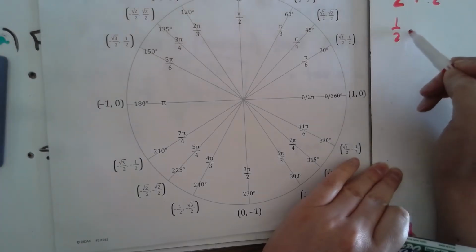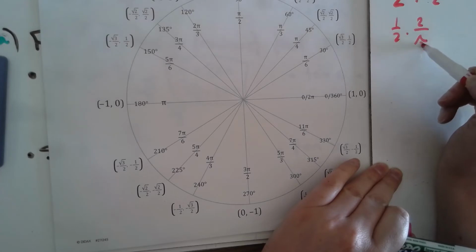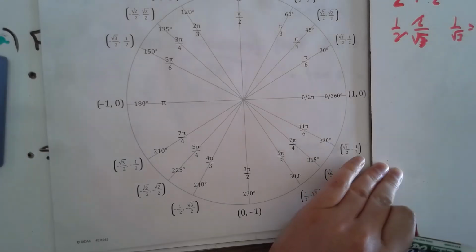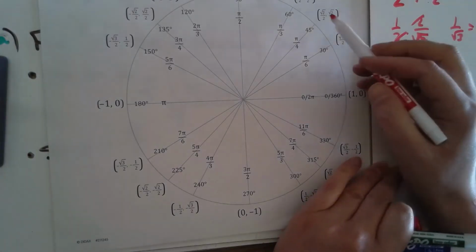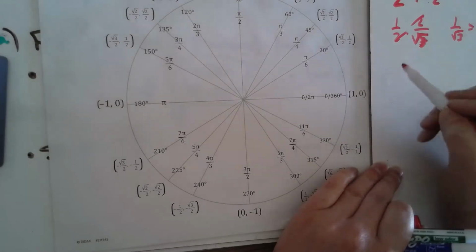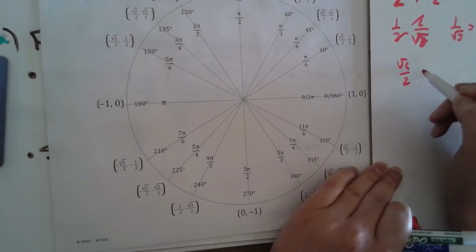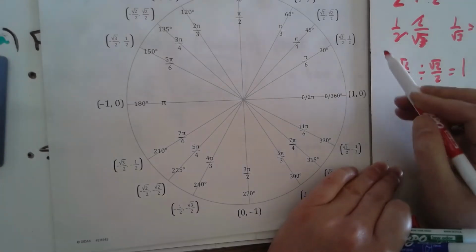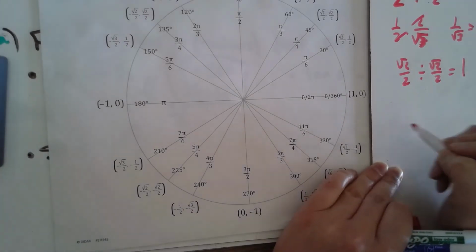So that's 1/2 times 2 over square root 3. So that's 1 over square root 3, which is square root 3 over 3. If we look at 45 degrees, that's square root 2 over 2 divided by square root 2 over 2, which is just 1. And then if we look at 60 degrees,